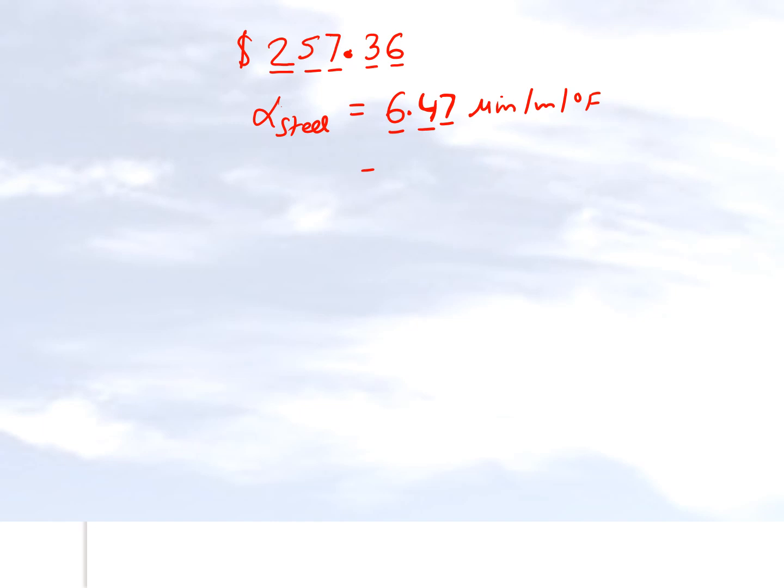But if you were going to rewrite this number, let's suppose in the United States customary system of units, and you were going to still use the decimal format, then you would write it like this. Because 1 micro is 10 to the power minus 6, you'll have 5 of these zeros after the decimal point. Imagine if somebody said, hey, can you give me the value of alpha of steel within 3 decimal digits?